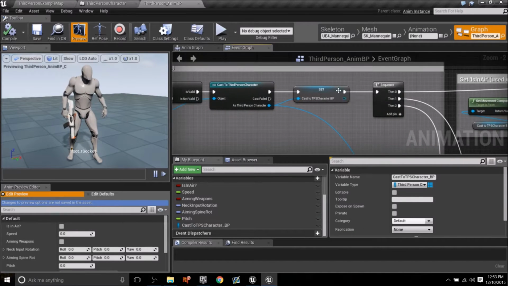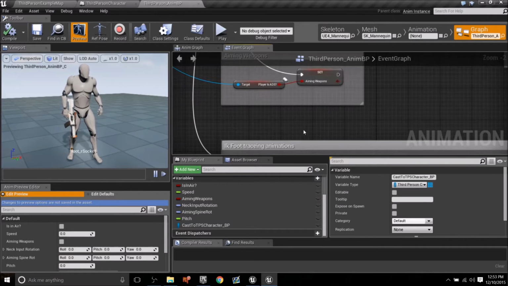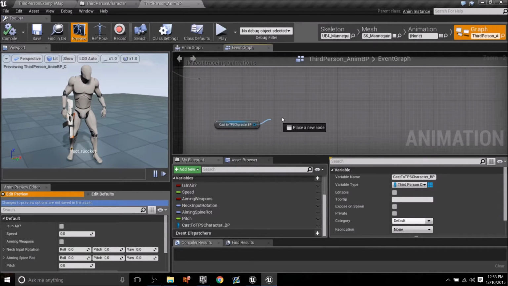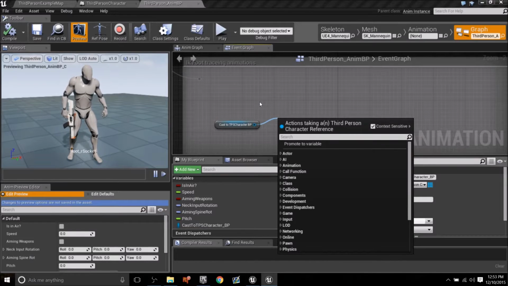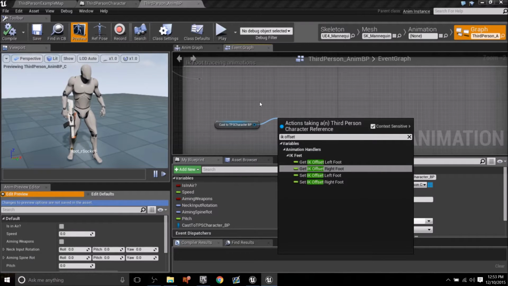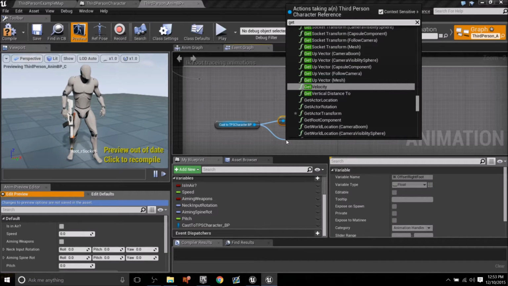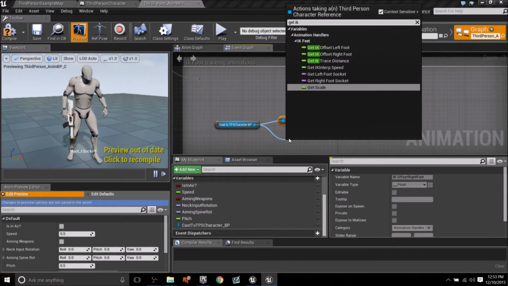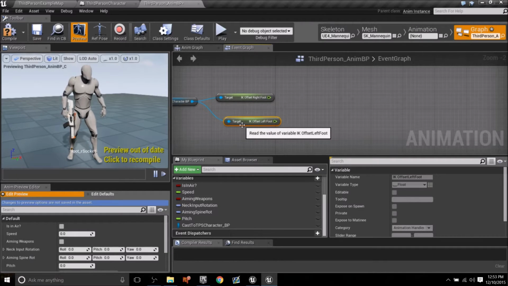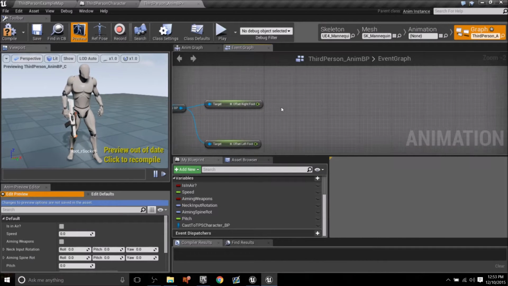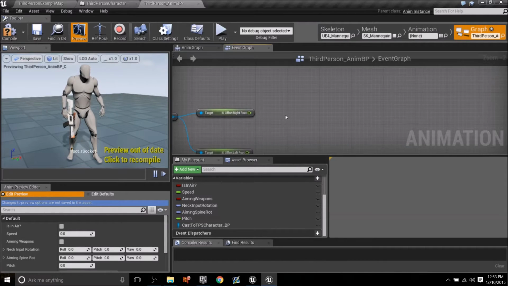and I just set this as a variable at the very beginning, so I can always just change one variable instead of changing a whole bunch of different ones. We can grab the IK offset for the right foot, and we'll do that one more time. Let's get the IK offset for the left foot as well. Now let's just do one, and then we'll just copy all that information and make it into the other one